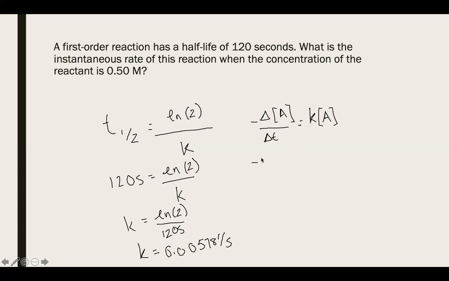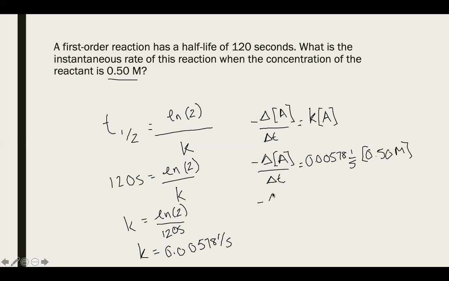So you're looking to get delta A over delta t equals k times A. And now you have your k value, 0.00578 per second. And then you have your concentration of A, right? Because it's asking you specifically when your concentration of A is 0.50. And so you plug that in,